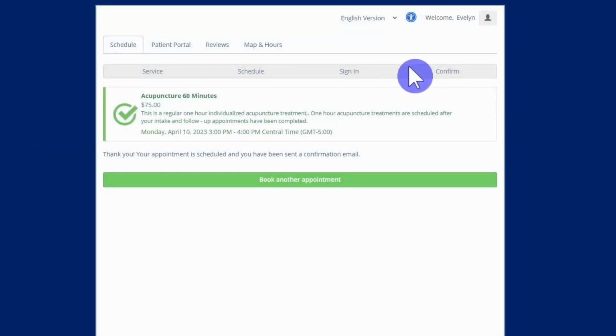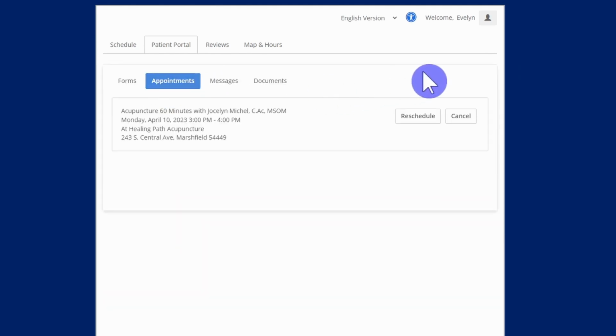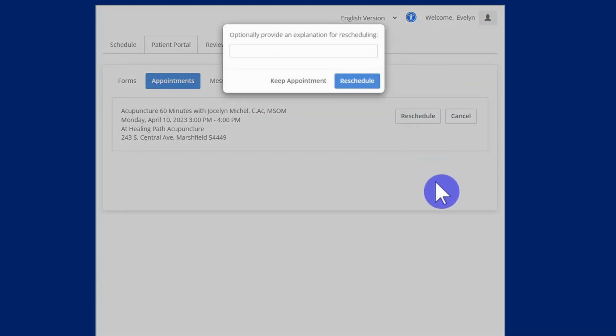You go to the Patient Portal, go under Appointments, and then you can cancel or reschedule the appointment that you have just made or that you've previously made. Go ahead and reschedule that appointment. Please let me know why you're rescheduling